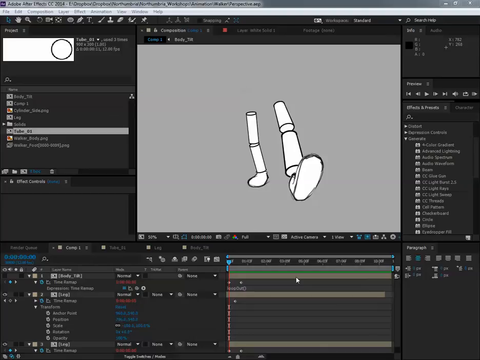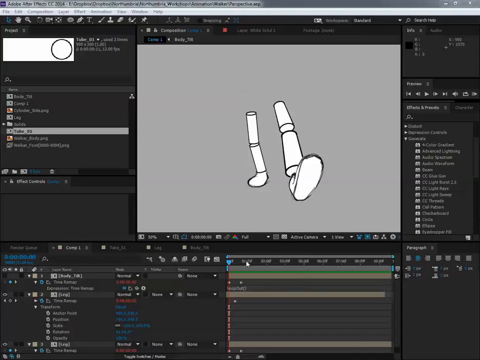I want to go over an approach that you can use in order to help with characters that are walking towards or have a large amount of foreshortening and perspective applied. You can use tools like DUIK, which are amazing for things like side shots, and then you can augment them so that they create a sense of foreshortening, but it can be quite tricky if you get quite extreme